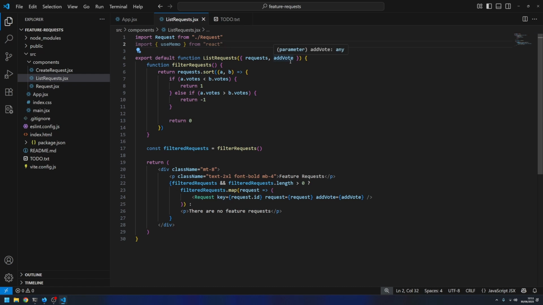And effectively what useMemo is, it's a hook, so it allows us to use memo, which is a React feature, but it's also just a general algorithm optimization, and it's memoization. So you might have heard of this, you might not have. Memoization is something that's often used to optimize algorithms, because effectively what it does, if you have a